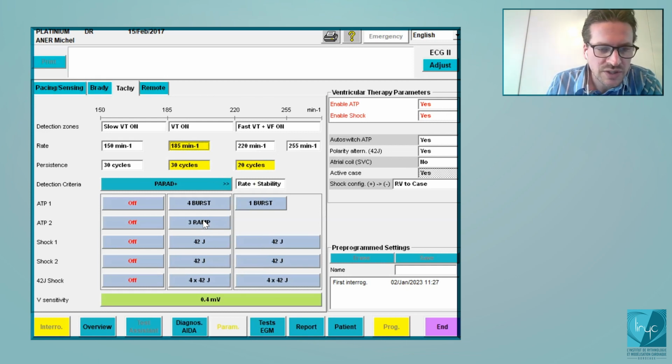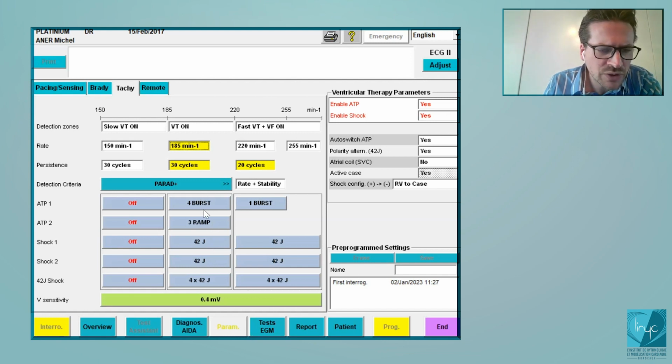Today, we're not going to discuss a lot about that, but I like to program a couple of bursts because a study showed that the first burst is about 63% effective. It doesn't really matter what the rate is, funny enough. And then every burst you do after adds an absolute 5% to the success rate. So at the end, you have almost 90% success if you have up to 6 bursts, and then the 7th or 8th bursts don't contribute anymore. So I like to program 6, but I know that many centers program fewer